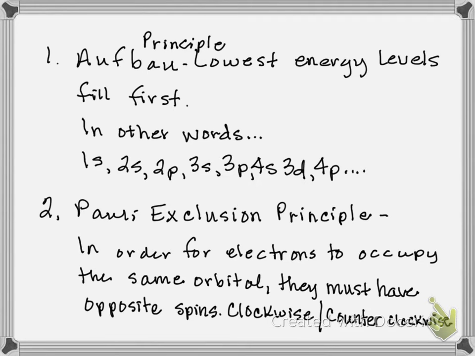Okay, the second filling rule is the Pauli exclusion principle. This one states that in order for electrons to occupy the same orbital, they must have opposite spins. In other words, counterclockwise and clockwise spins. Think of a top. The example that I used in class the other day was when I was little, I had this top that I used to play with and I would spin it. And I loved to watch the design on the upper surface of the top,